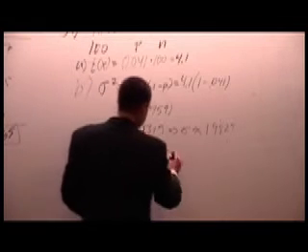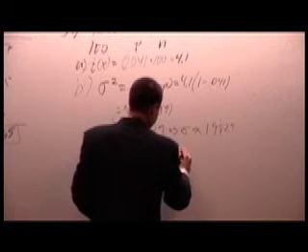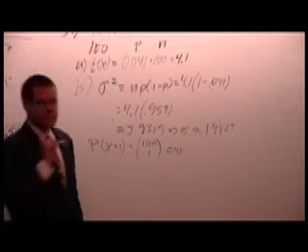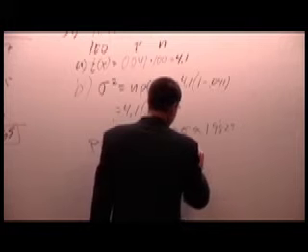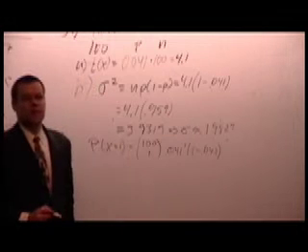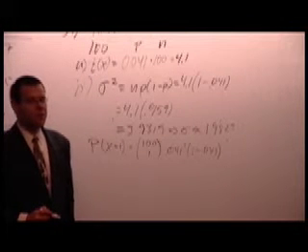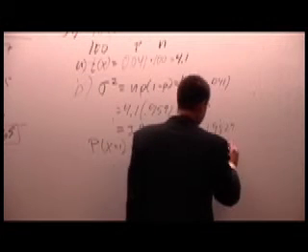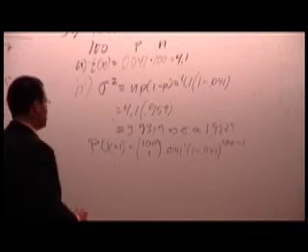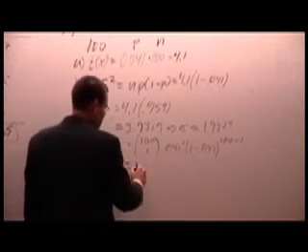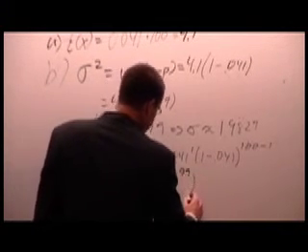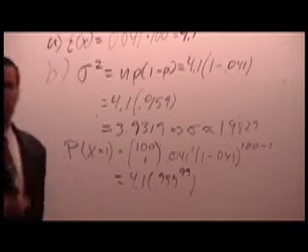Yep. So we can start with the probability of success to the power of the number of successes, right? How many successes? 1. And then we multiply by 1 minus the probability of success to the power of the number of failures, or 99. Ring a bell? Okay, so that's 100 times this, that's again 0.041 times 0.959 to the power of 99, which somebody with a calculator is gonna have to do for me.